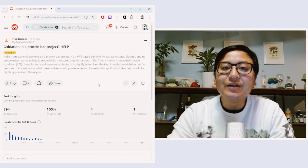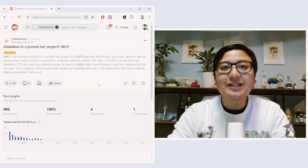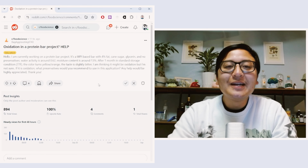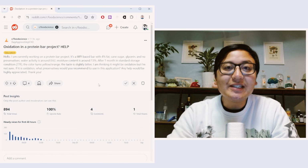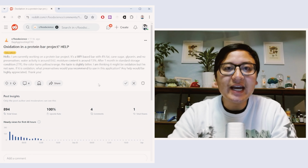There's also a number of other antioxidants, such as rosemary extract. Now, rosemary extract itself can be very potent in terms of its smell. That being said, there's a lot of low odor rosemary extracts on the market, and those are really great to use. I could also recommend vitamin C, ascorbic acid being a very good antioxidant, as well as EDTA or any other